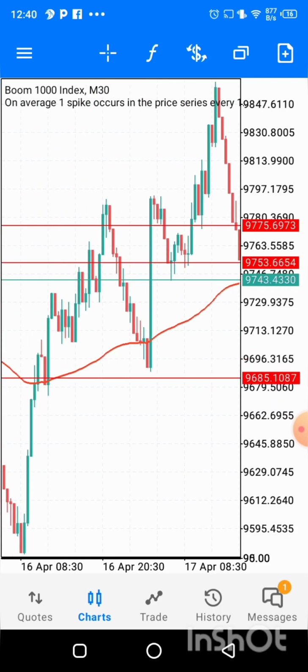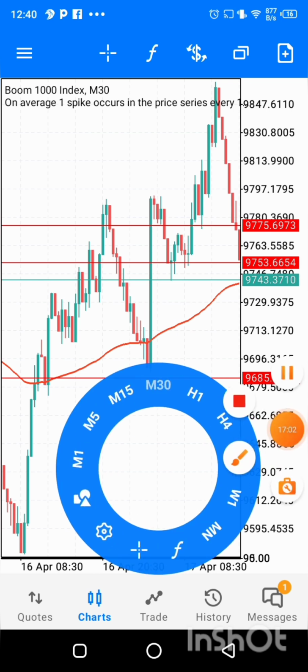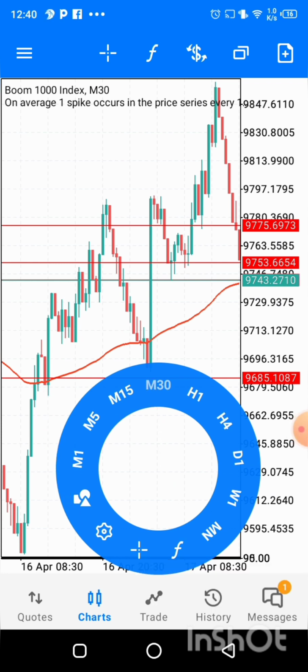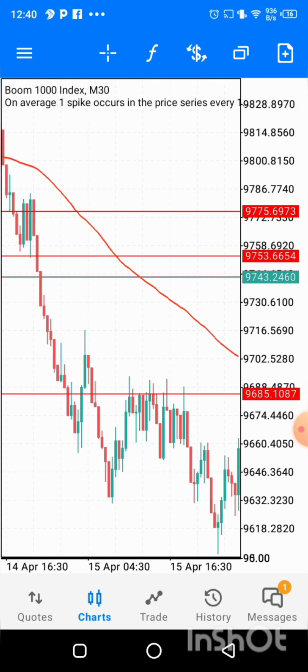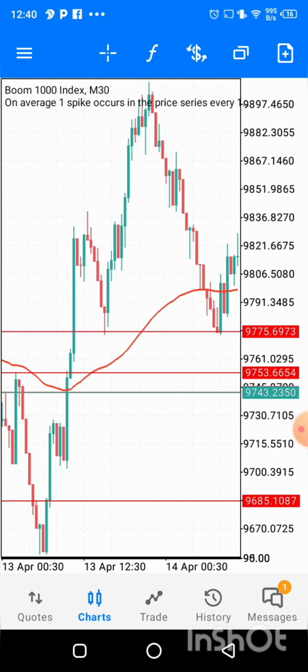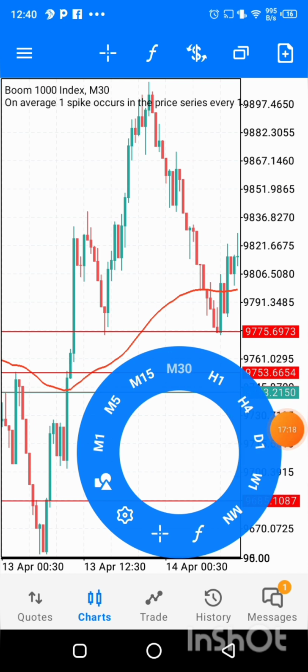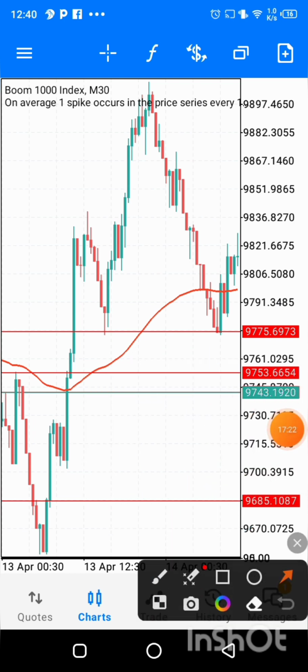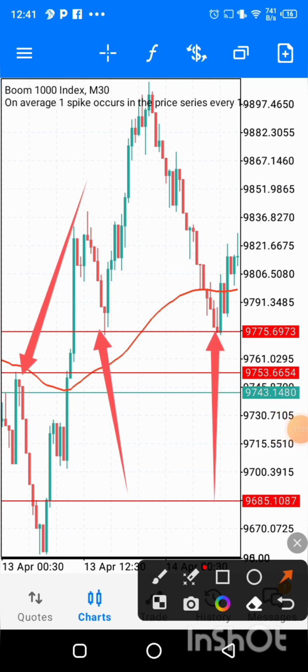Then if you go back here, you can see again there was a reversal around this level, and this level here. Those are your zones. The same thing here. We have price reversal at this point, this point, this point, and even here. Once you can identify those levels on your 30 minutes or 1 hour time frame,